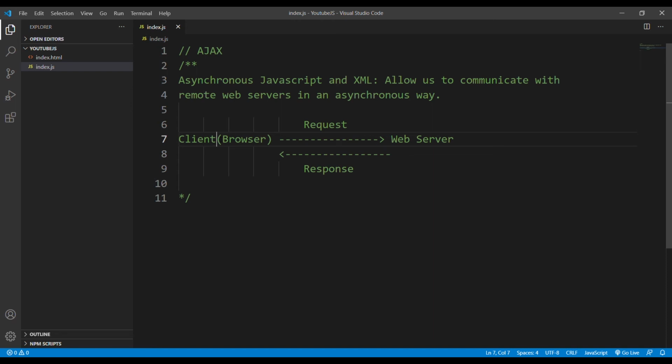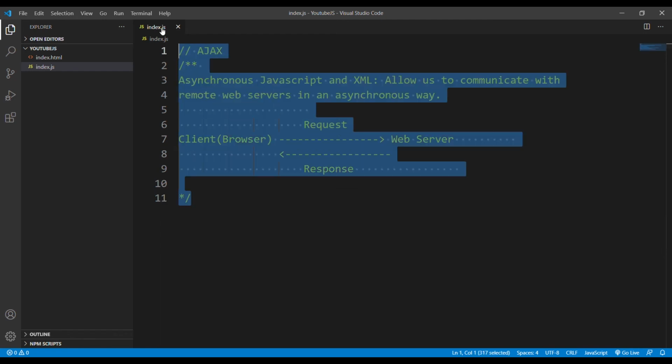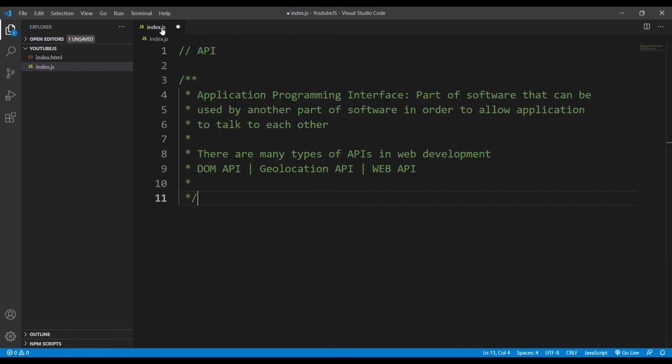To make it more clear, for those who don't know about APIs, I will explain. API stands for Application Programming Interface. It's a piece of software that can be used by another piece of software in order to allow applications to talk to each other.